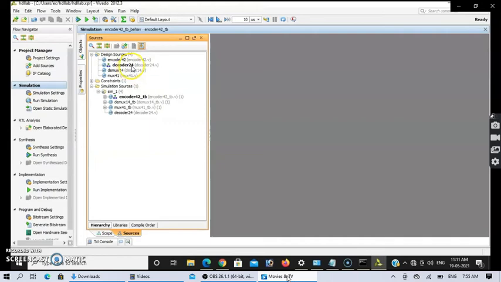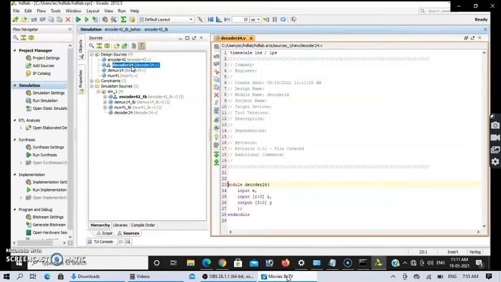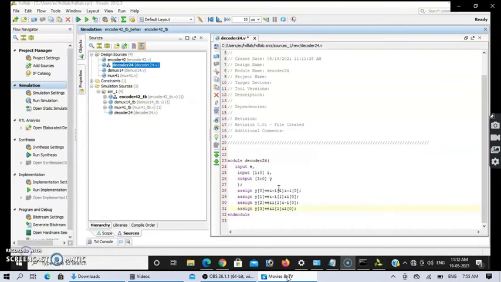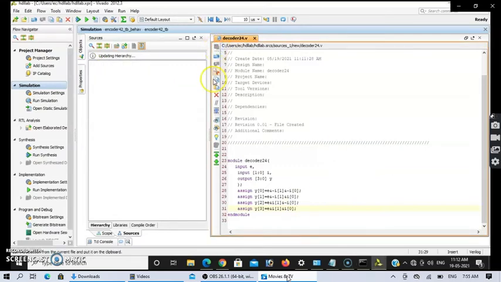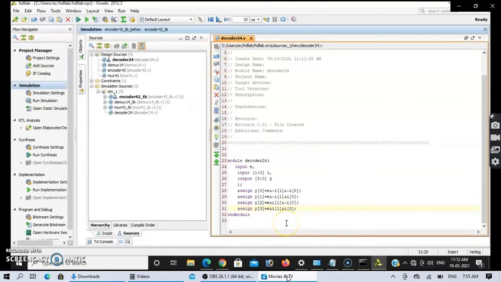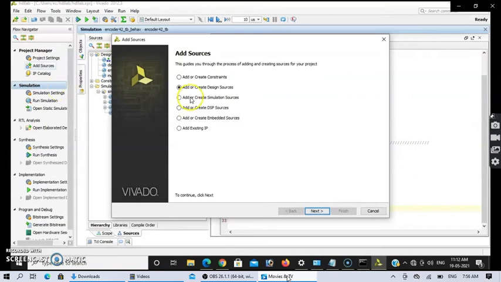Now the skeleton is ready, right? So we just need to write the program. I can write the program by using assign equations, or else you can write the gate level, structural level. We are discussing the data flow, how the data will flow to Y0, Y1, Y2, Y3, so these are the 4 outputs. Then what we need to do? The program is ready. Test bench.